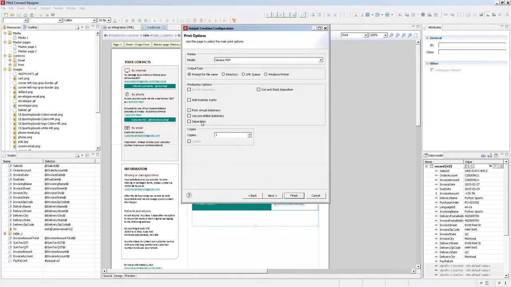Now, the sorting and filtering options from the job preset do affect the output creation. For example, if I were to do cut and stack imposition, the order and the filtering that I established in the job preset would affect the order and result of the cut and stack itself. If I'm adding inserter marks, so adding OMRs for folder inserter machines, then the document set is